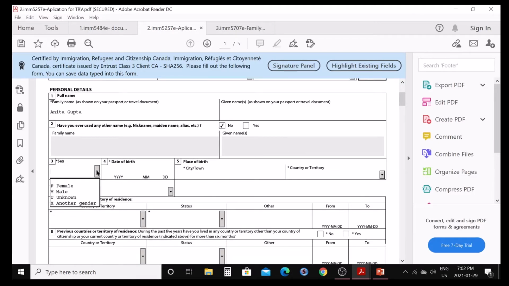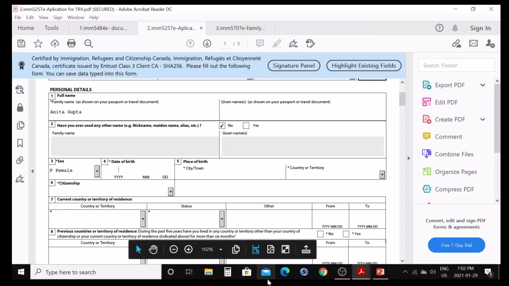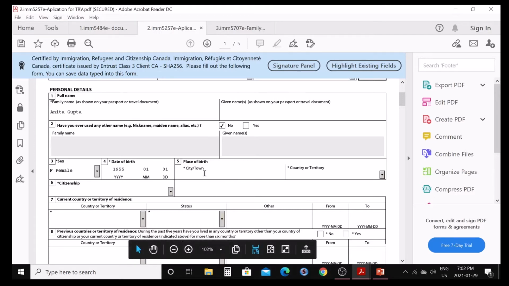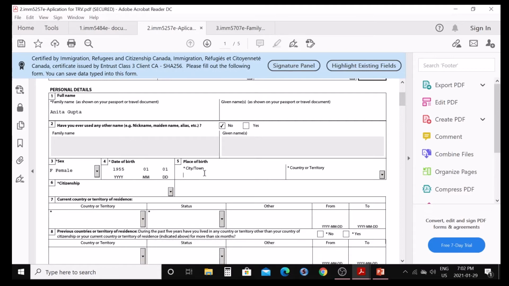Then question number 3, male or female. Then we're gonna enter date of birth here, year first. Suppose I'm writing 1955, 1st January, whatever date is on your passport. Place of birth: you're gonna write whatever is on your passport or your other national documents.